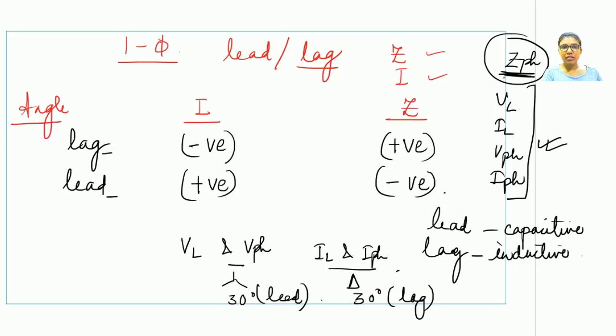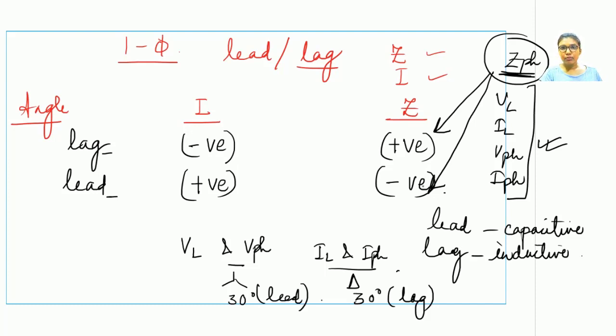And the concept remains the same. If the Z carries a positive angle, it means it is an inductive circuit. So likewise we have to act. And if the Z phase carries a negative angle, it is a capacitive circuit. And likewise we have to infer that the current would start carrying a positive angle. But we shall not mention this angle with the current quantity while solving the numericals. So this is a slight difference that we will be following while solving these three phase circuit numericals.